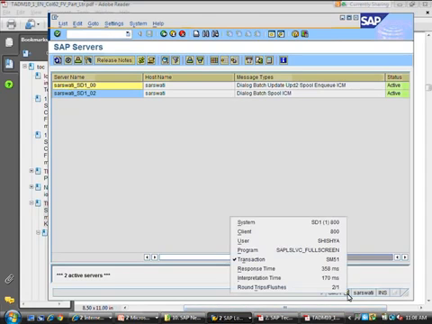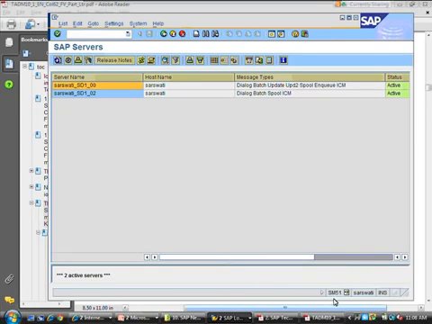My transactions are always going to be visible at the bottom here. SM51, SM, Systems Management.